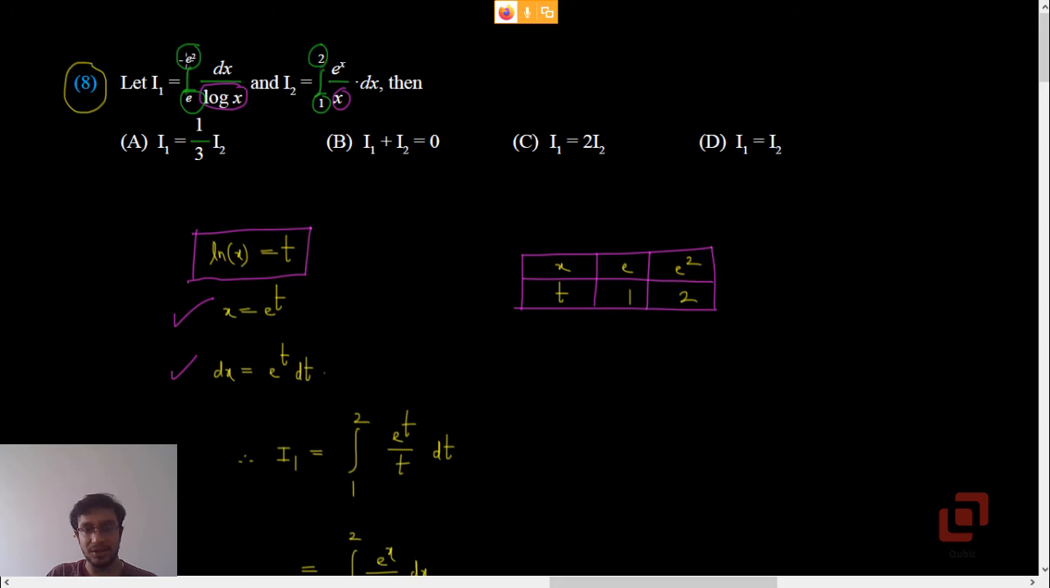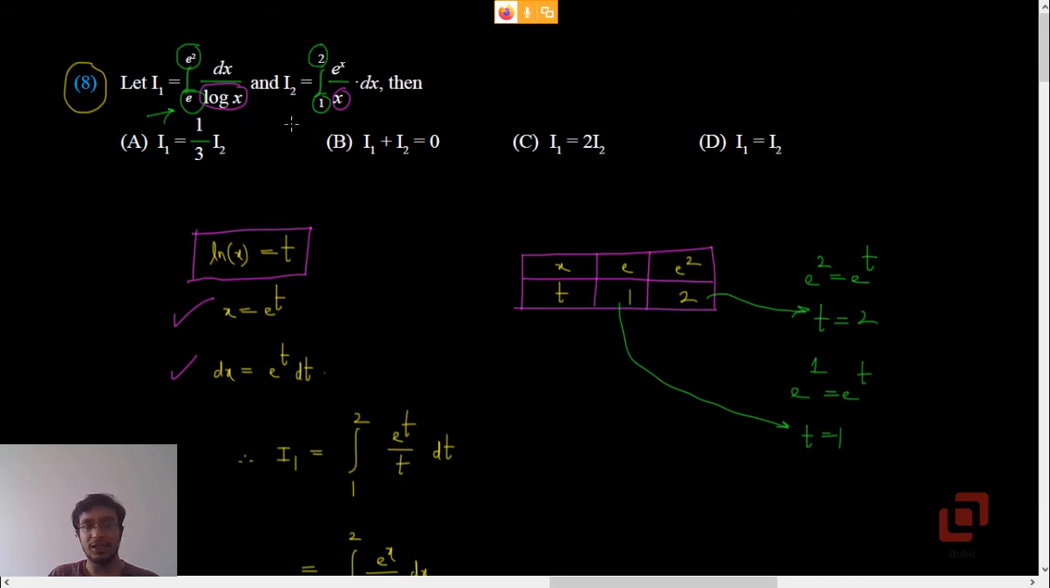Upper limit is e raised to 2. Okay, now if x is e raised to 2, what is going to be the value of t? Clearly t will be 2. Yes, then let's go to the lower limit on x, that is e. So if e to the power 1 is e to the power t, clearly t will be 1. Okay, so now we have at least managed to simplify the given integral to